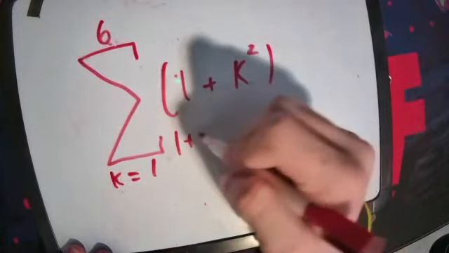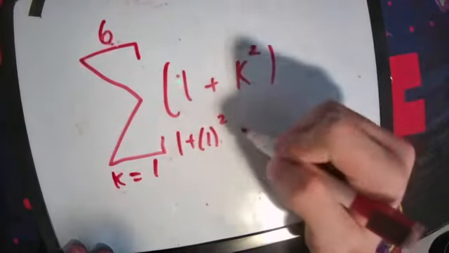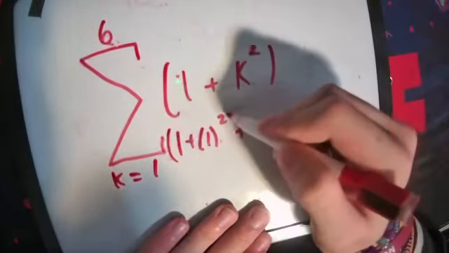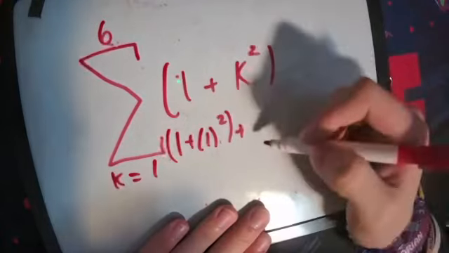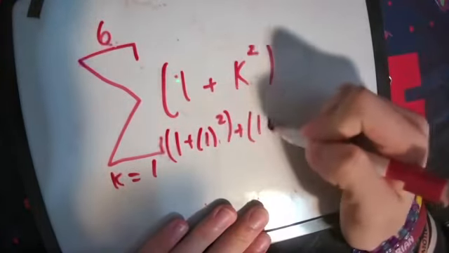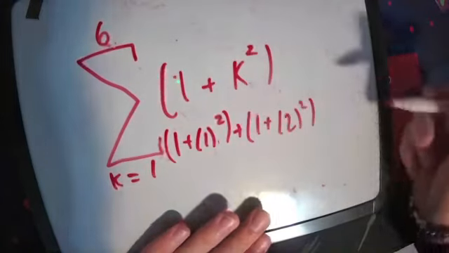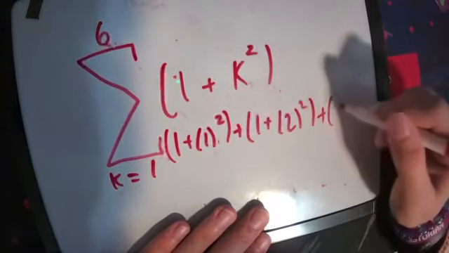Our starting value is 1, so we substitute 1 first, so we have 1 squared, plus, actually let's write this in parentheses because it'll be easier to differentiate, plus (1 plus 2 squared), which is the next whole number, plus 1